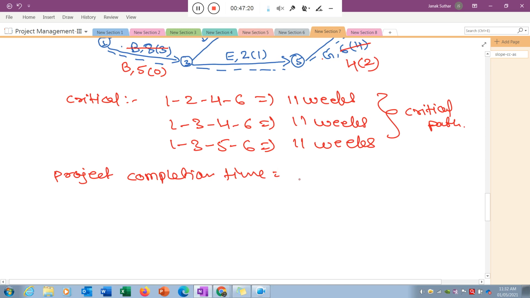Now the project completion time is 11 weeks. Okay, so I can do my project in 11 weeks, but what will be the total cost? Total cost in 11 weeks. In 11 weeks, you need to identify what will be the total cost. So I just try to identify what will be the total cost in